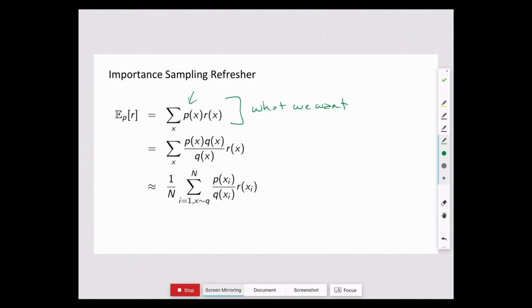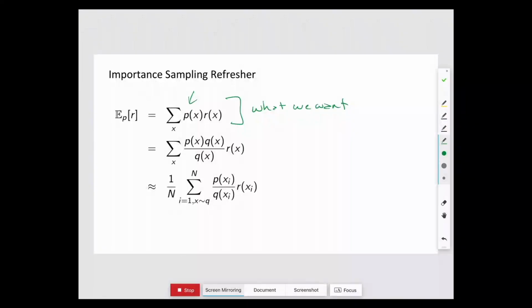That we may not be able to directly sample from P, or we may not want to directly sample from P, because it might be that there are some really, really low probability events that dominate our expected value, or we just can't directly sample from P. So in our case, this is going to be what if we were to use a different policy than the one that we use to run. So the beautiful insight here is to say, well, we can just multiply and divide by the same thing. Q is just a different probability distribution. So we multiply and divide by that.